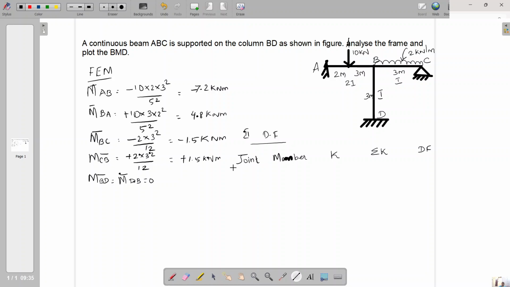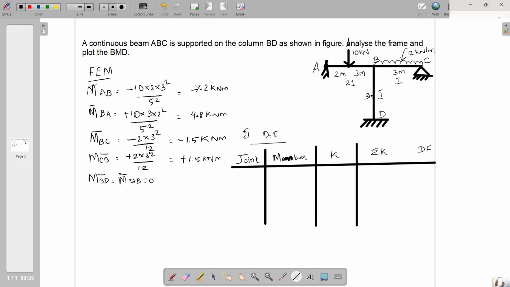So I have written very shortly. Only one joint is to be considered, where 3 members are connected. So first of all, joint B. The members from joint B are BA, BC and